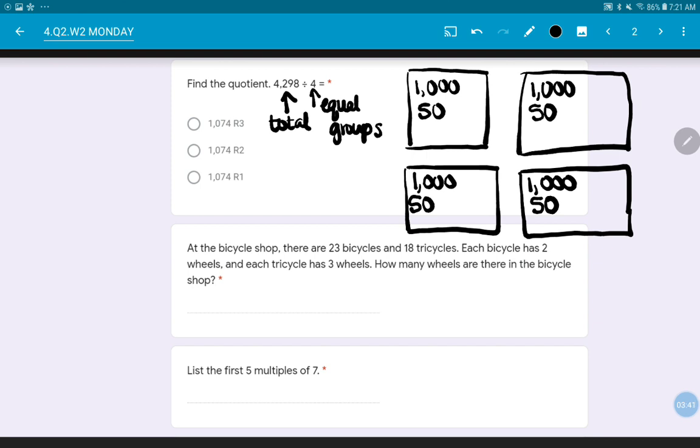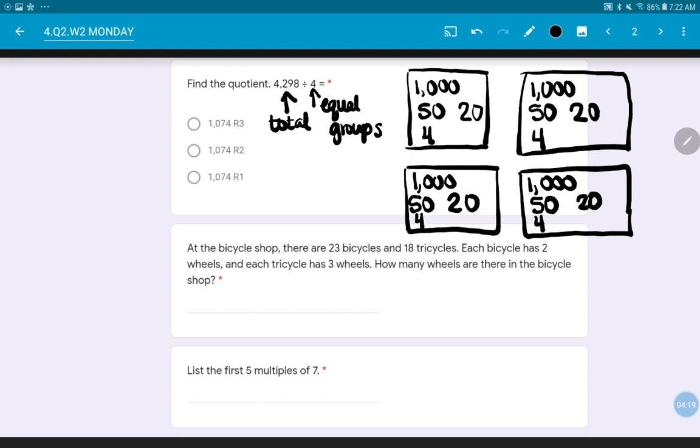So now I just have 98 left. I'm going to take care of my 90. Well, I know that I can't put that equally into each group, but I could give each group 20 more. 20, 40, 60, 80. That leaves 10 left over. Now I have 8 ones, so I have 18 left to put into 4 groups. I know 4 times 4 is 16. That's as close as I can get to 18 without going over. 4, 8, 12,